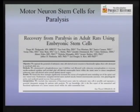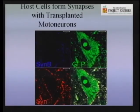There's a group in Italy, in Milan, that has done this, and that paper is coming out in a couple weeks. There is a group at UT Galveston that has done it, and there's a group at UC Irvine who hasn't published it yet, but it's the 4th time that this has now been done, starting with ours. So I've shown this group these old studies now, because they're now several years old, but it's just to make